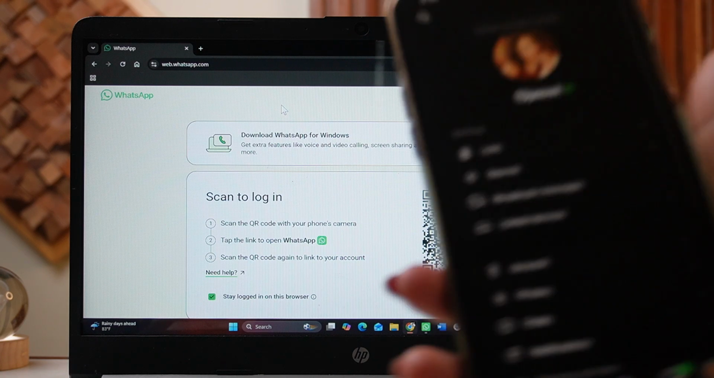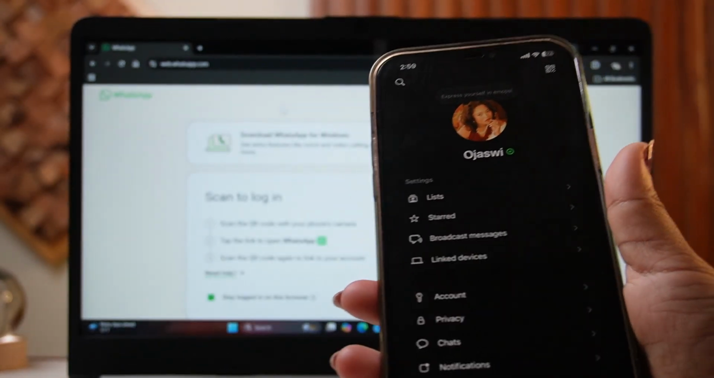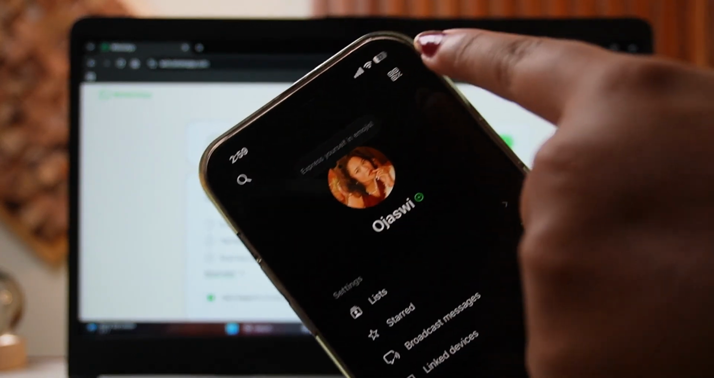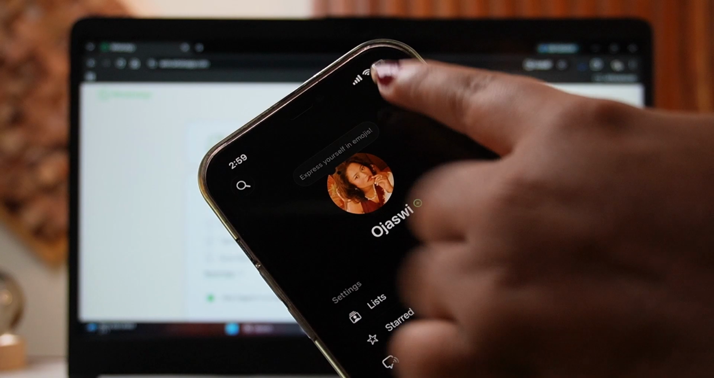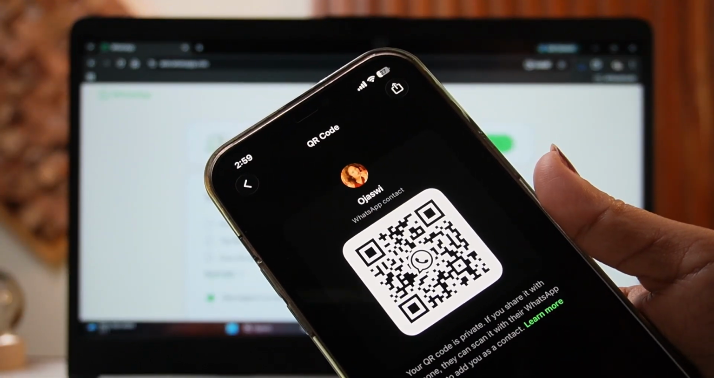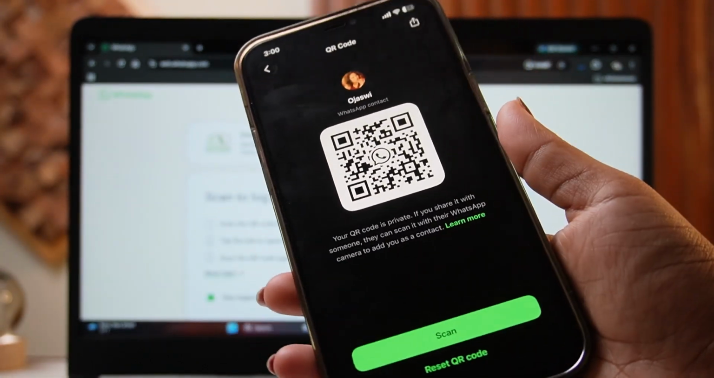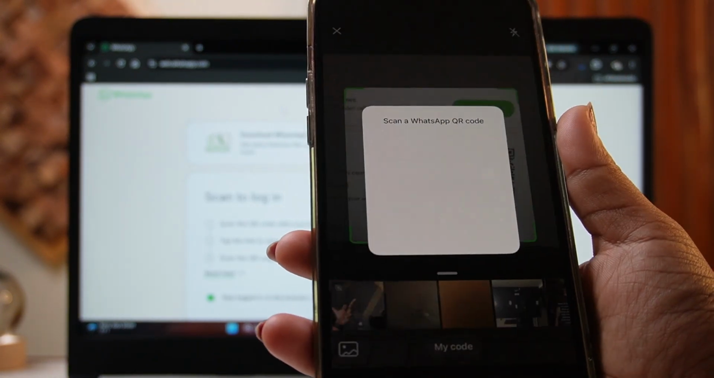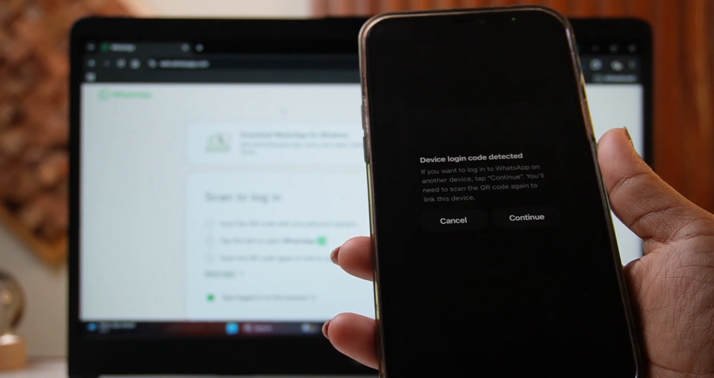So after opening your WhatsApp, simply open your profile just like this. And on your profile, what you can see is a QR icon right here. All you need to do is tap on that one just like this. Then in here you can get the option of scan just like that. So simply tap on scan right here, then your camera will be open, then you'll be able to scan that